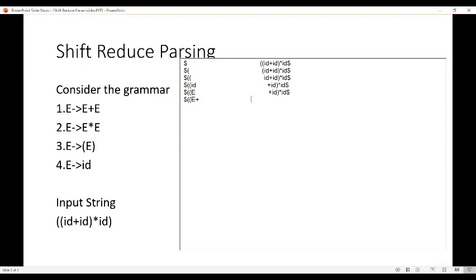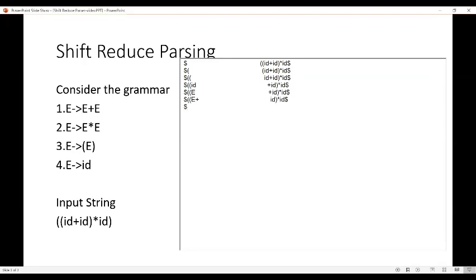After pushing plus into the stack, we can't apply any reduce operation. So again we go with the shift operation. We push the next input symbol into the stack. The next input symbol is id.